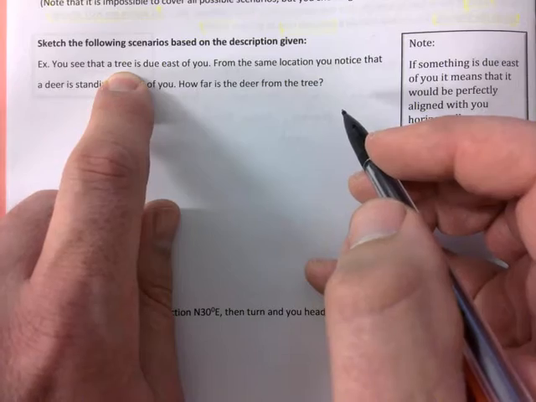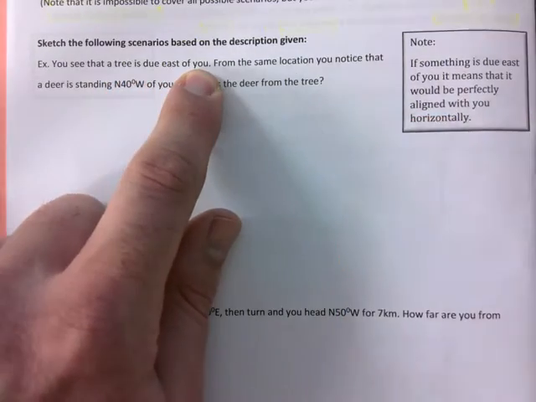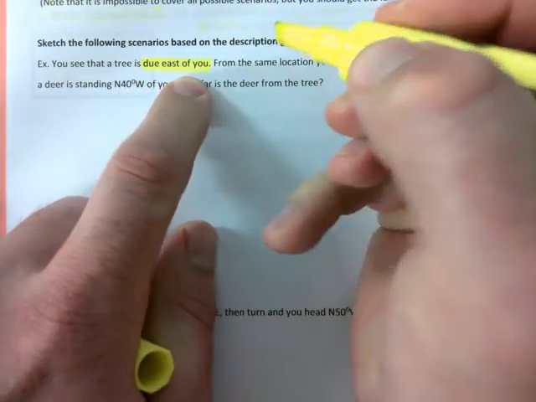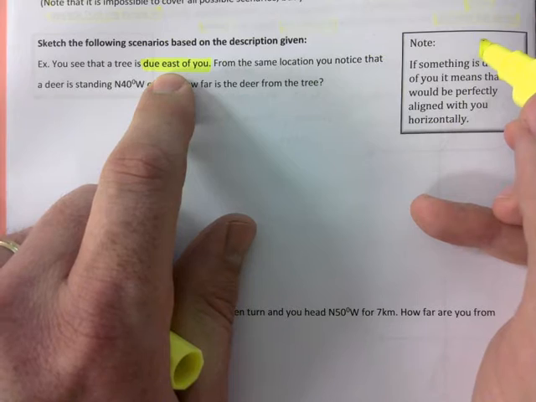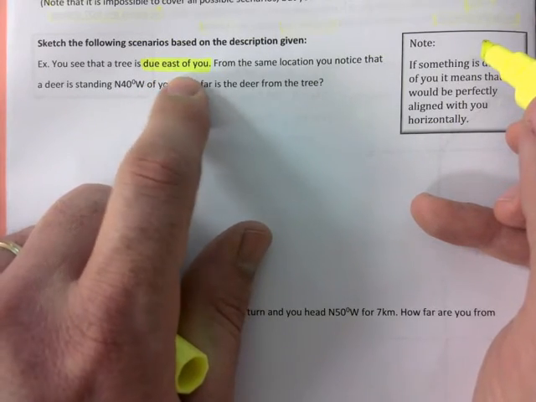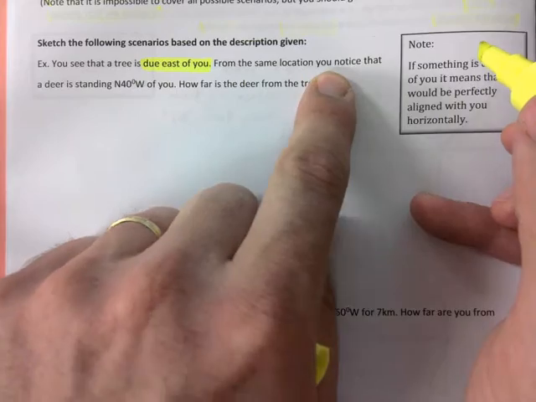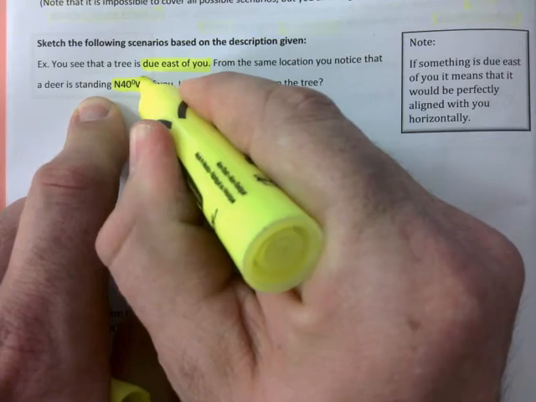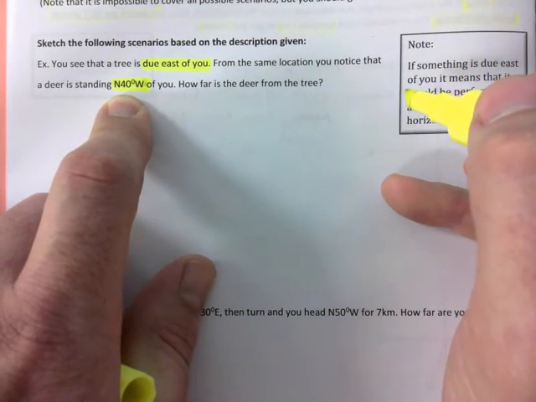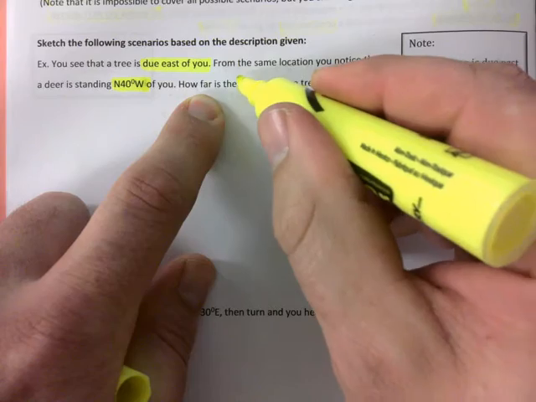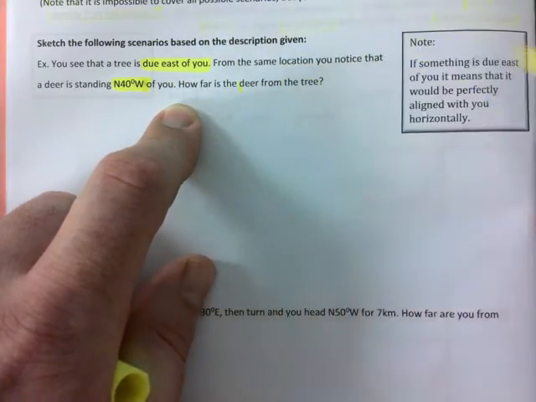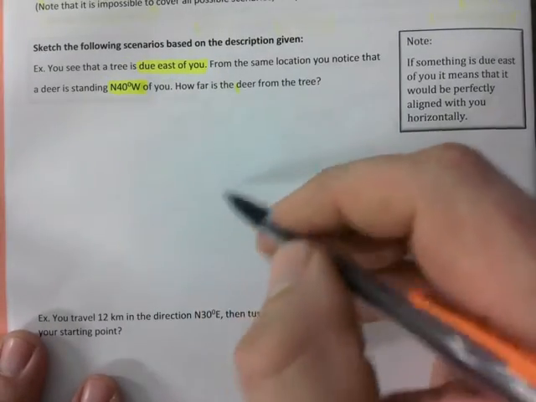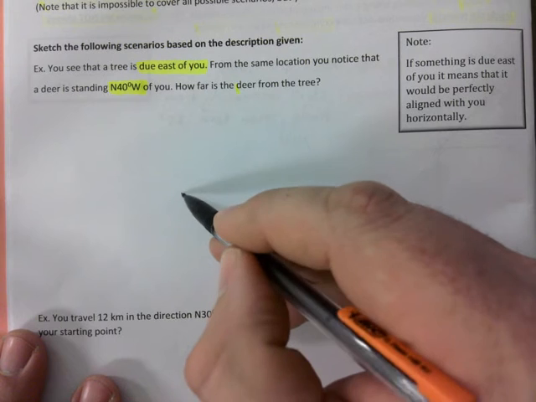You see a tree that is due east of you. Highlight that. Something is due east of you. It's an interesting saying, but it's actually going to be very important. From the same location, you notice that a deer is standing north 40 degrees west of you. Okay? How far is the deer from the tree? So this is our unknown part there. So we have lots of space, so why don't we just use it? This is you,